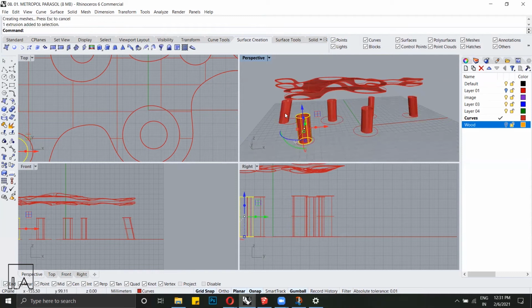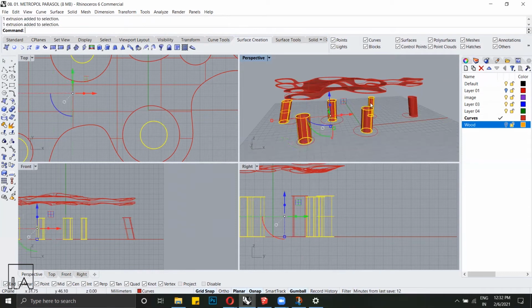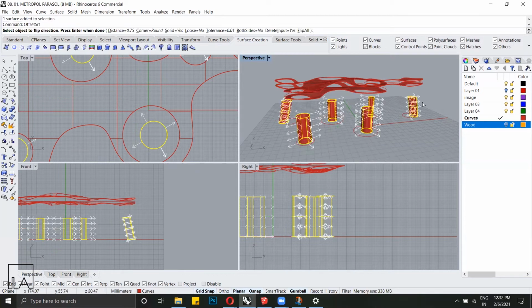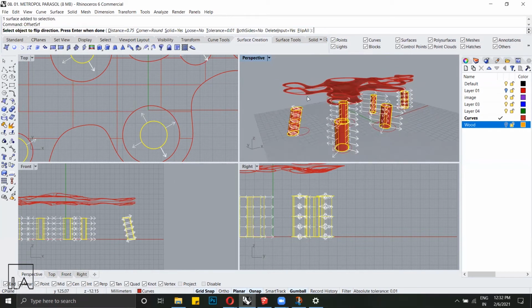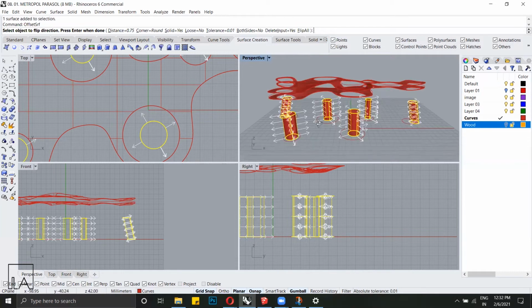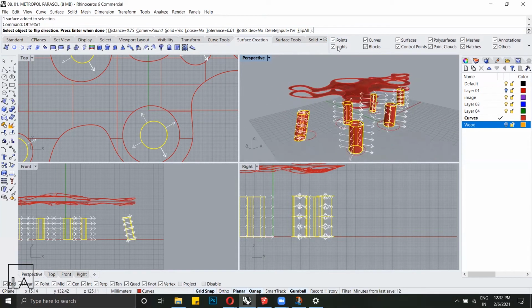For that, what you're going to use is pretty much just the offset function. You can use offset surface and we're just going to select flip all because we're trying to create an internal one. But you can see that some of them are off.